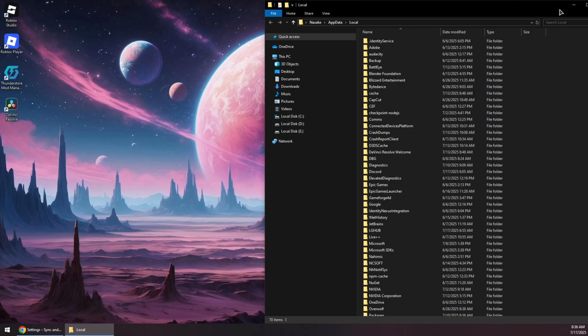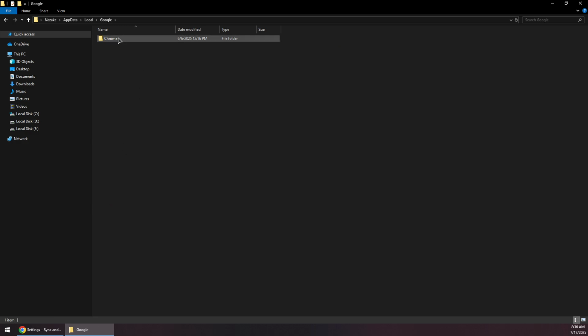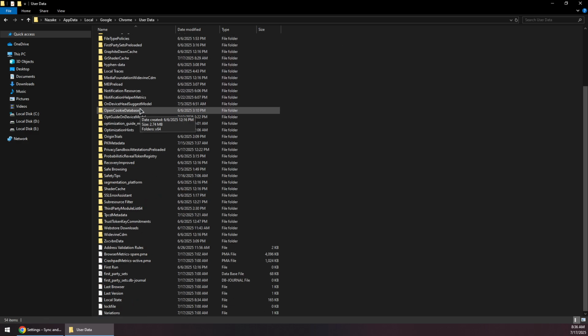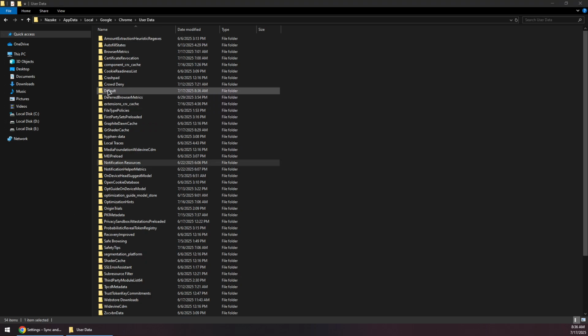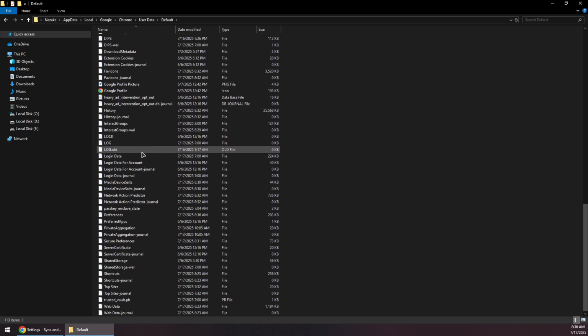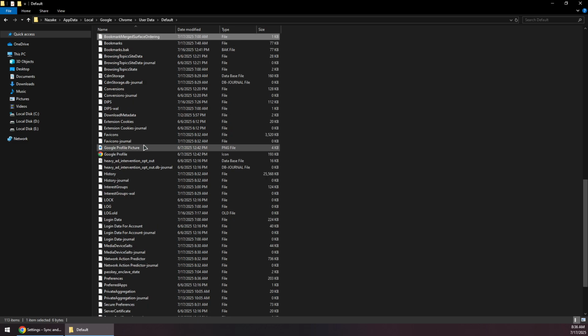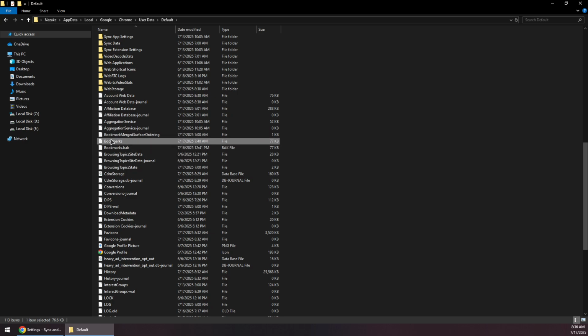Now in this folder, you want to expand it and look for Google. Double click on Google Chrome user data, and then you want to go inside default folder, which is right here. Now you want to scroll all the way down till you see bookmarks. So you want to search for bookmarks file, and you will usually find bookmarks, and under it bookmarks.bak, which is